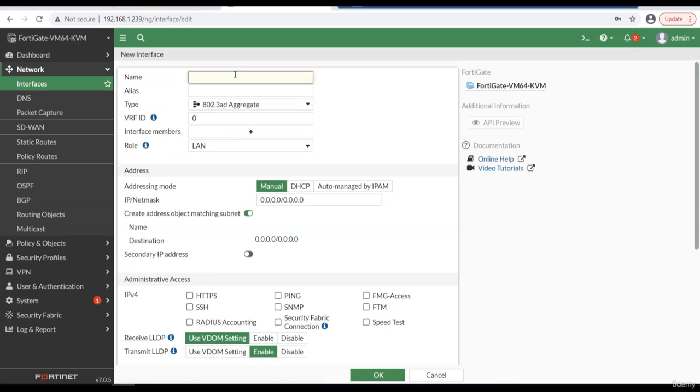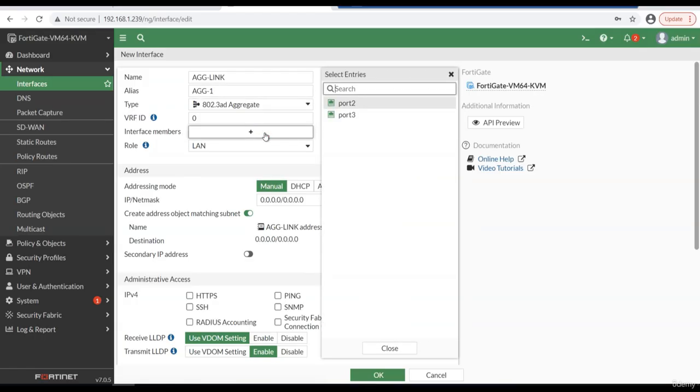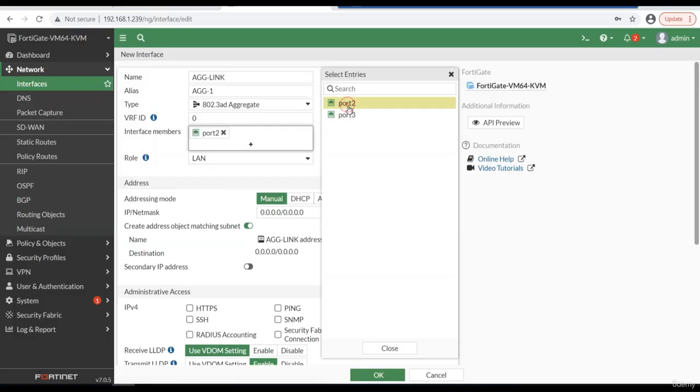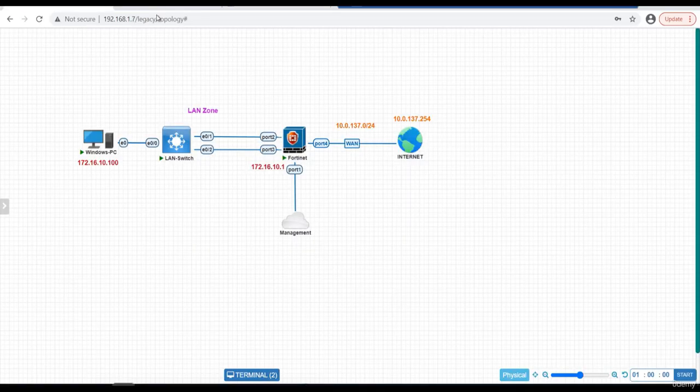Then here by selecting aggregate link, then aggregate 1. It's up to you, you can give any alias name for your understanding. Then when it comes to interface, now we need to define who are the members that are going to be part of this particular aggregate. That's port 2 and port 3, because that's what is available as per our topology,